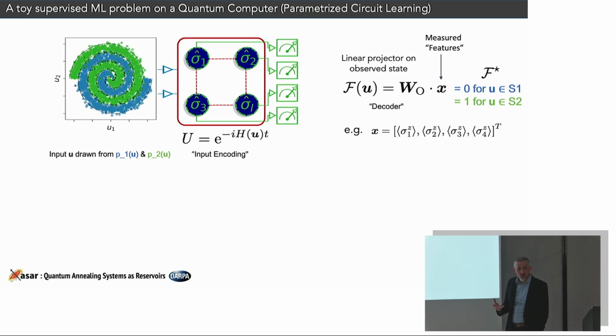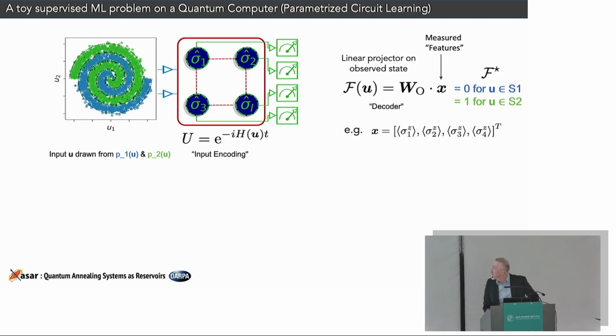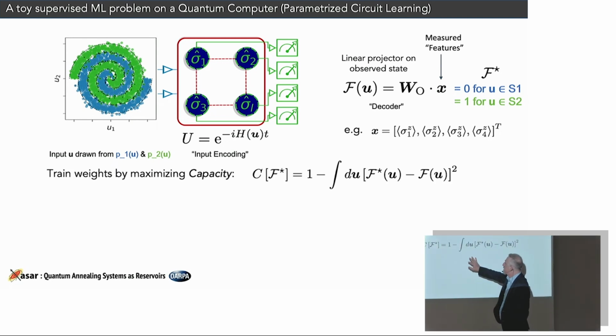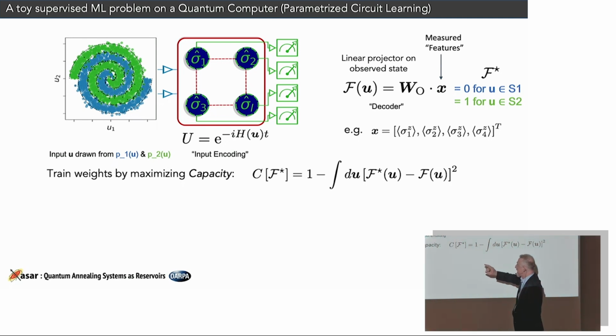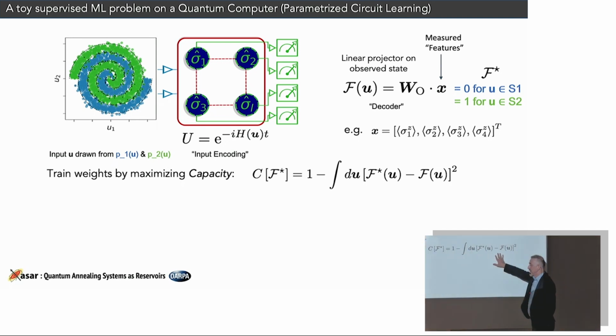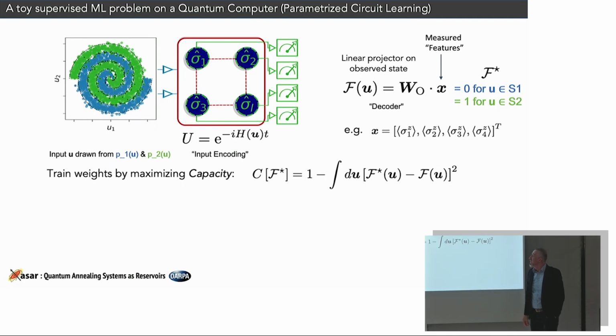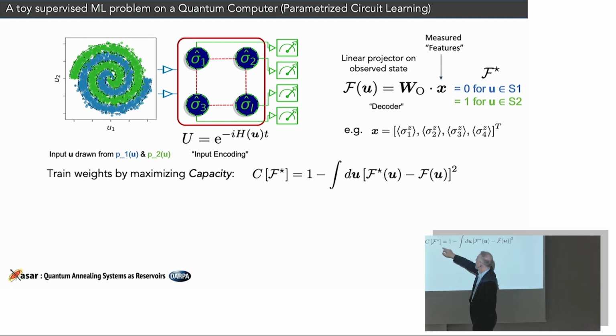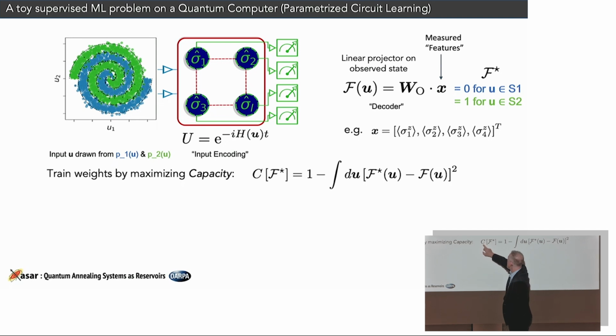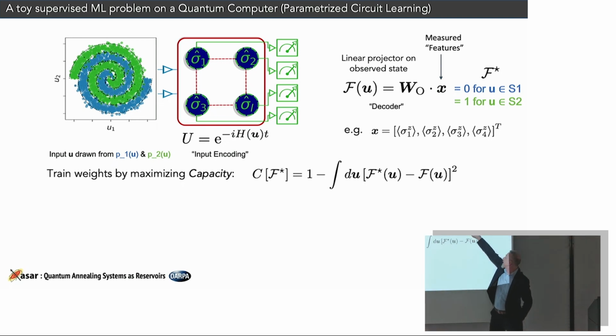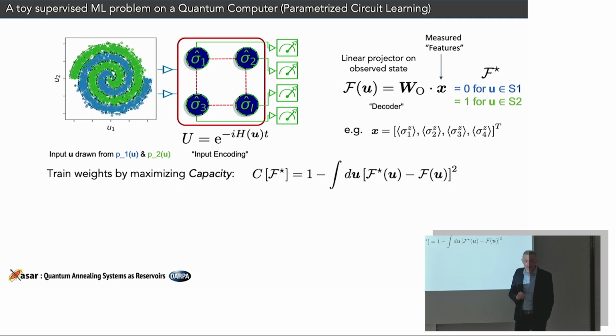So it's really a function, and it's good to be able to touch the classical domain and think of functions. Then I want to define a quantity we call capacity, which is nothing but 1 minus the mean square error of that function f of U with the target function f star. When these quantities are properly normalized, with a P of U as the weight, this number C, the capacity of this physical system to approximate the target function f star, is a number between 0 and 1. If it's 1, it means I can find a W that gives me exactly my function f star. And if it's 0,